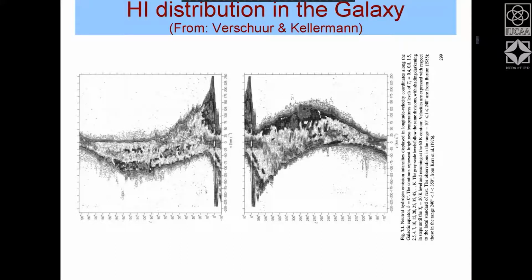The velocity is shown in various grayscale, and you can see that the velocity is pretty high, going from minus 220 to plus about 250 kilometers per second close to L equal to 0, which is towards the direction of the galactic center. And as you go away, that much velocity spread is not there. Say if you come to 310 degrees, which is about 40 degrees away, the spread has gone down, but there is a superposition of multiple components along the same direction of L equal to 310 degrees, which is 40 degrees away from the galactic center.